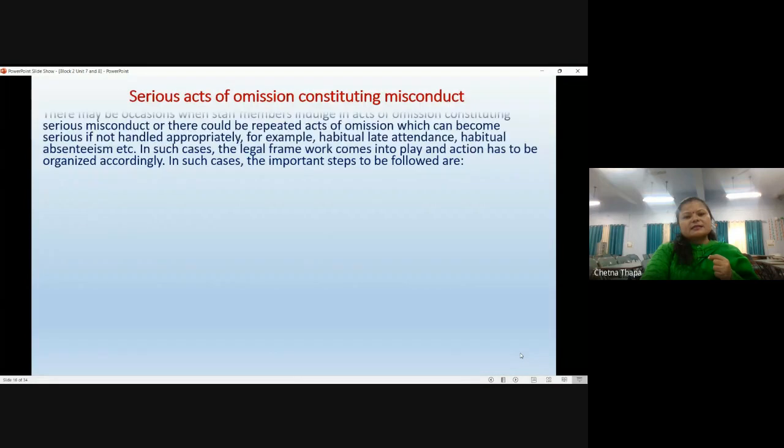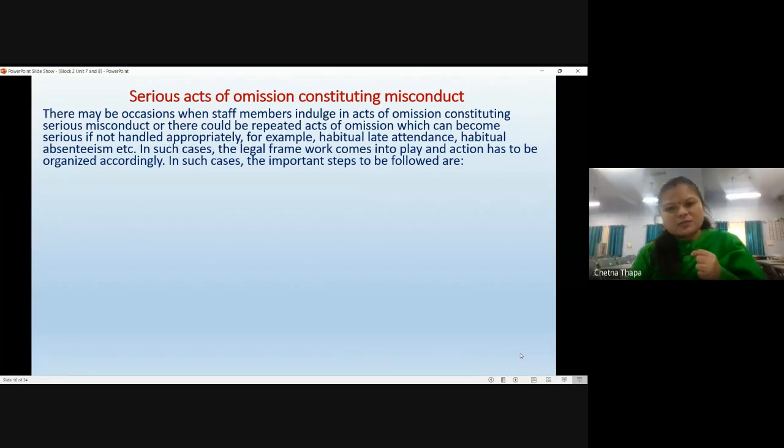Now next is serious acts of omission constituting misconduct. There might be very serious occasions when staff members indulge in acts of omission that might be serious misconduct. Or there might be repeated acts of omission which might become serious if not handled appropriately. Like if there is habitual late attendance or habitual absenteeism, then a legal framework comes into play and action has